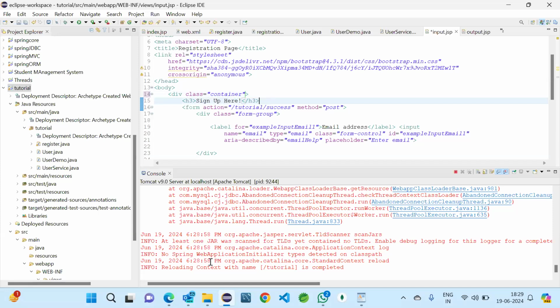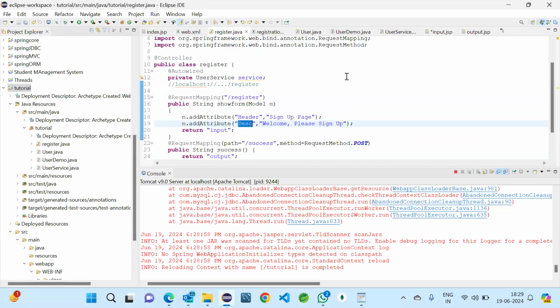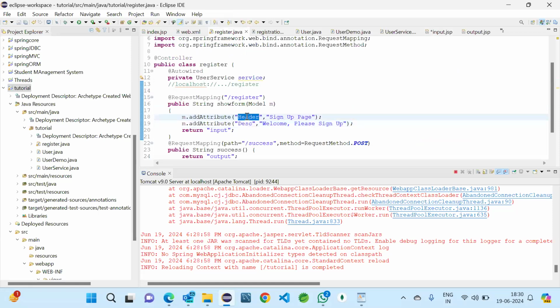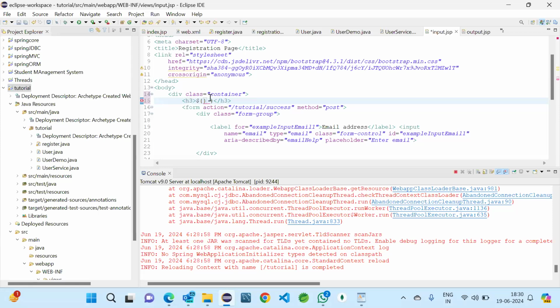So instead of sign up only, what is the sign up page? Instead of sign up, we wanted to pass our header. So how will we do that? Here we just remove this and we want the user defined parameter, that is sign up page. So how will we get it? We have a particular syntax in these JSP files to represent a variable, that is dollar and curly braces, open and close. Inside this we should give the name which we have used here, header. So if I copy this and paste this here, now that header value will be coming here